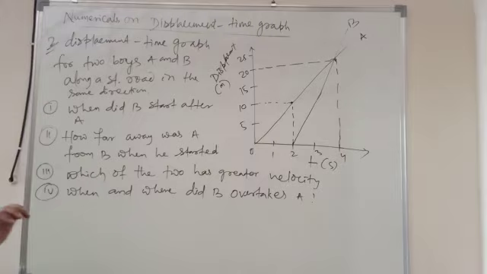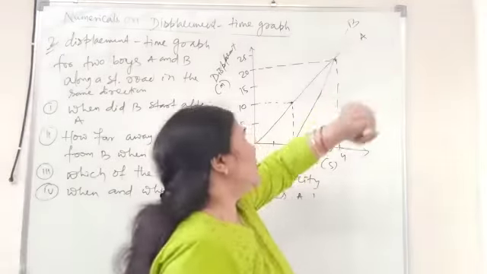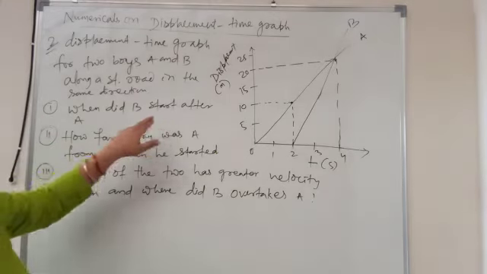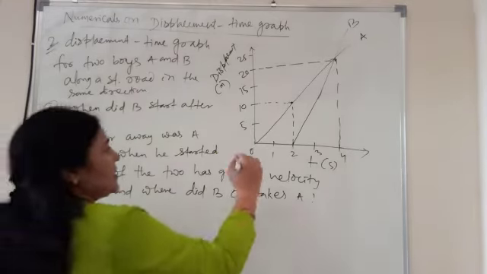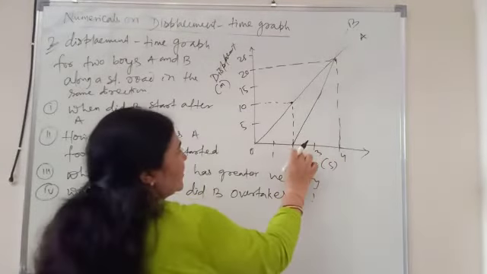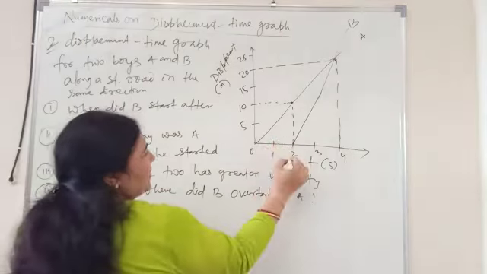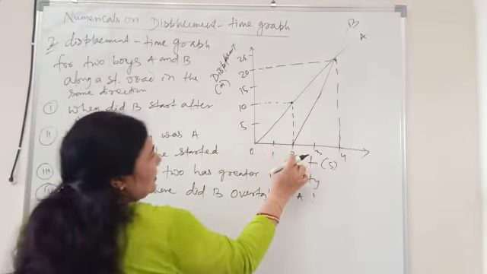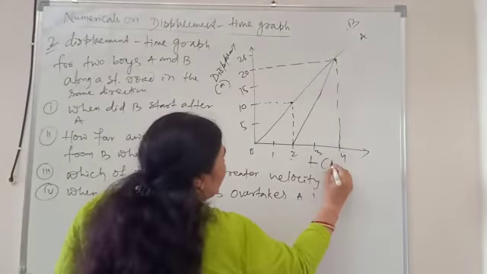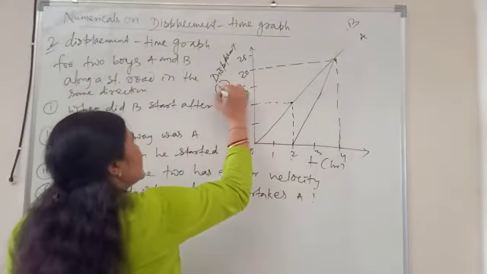Now look at here, A and B, actually these are the 2 boys. Their motion is shown in the displacement time graph. Okay, now first bit, when did B start after A? Now see here, this graph is A's graph, this is B. So B started a little later. So you can see that B started after 2 hours. See, time is in hour and distance is in kilometer, right?